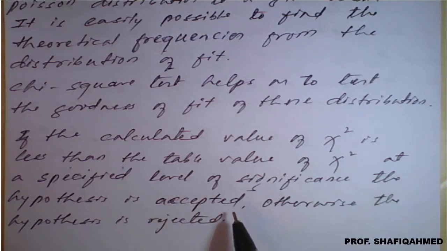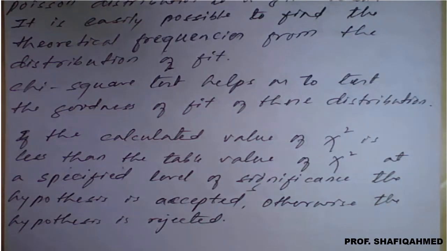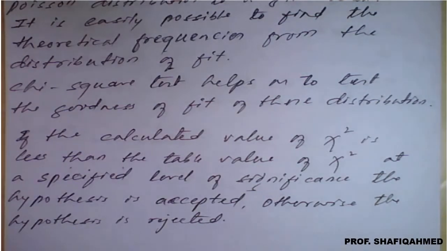The same case is what we have done in the sampling theory. If the value we calculate from the respective formula is less than the given 5% level of significance or 1% level of significance, then it is accepted, otherwise the hypothesis is rejected. In this way here also we have the chi-square table, or else they will give a chi-square table value. With the help of that you can easily say that the given hypothesis is accepted or rejected.